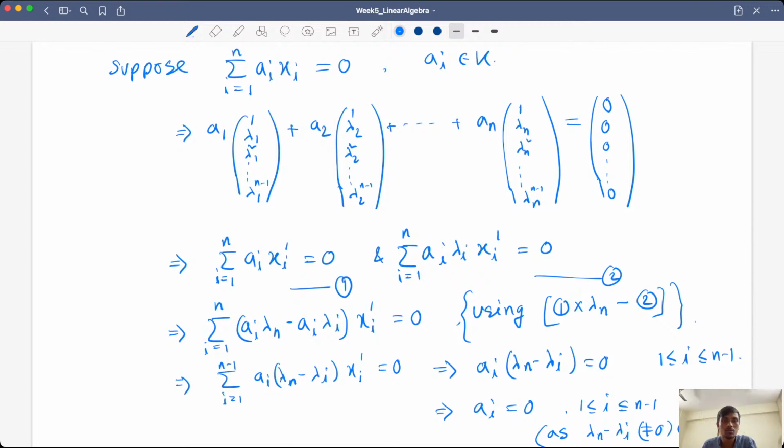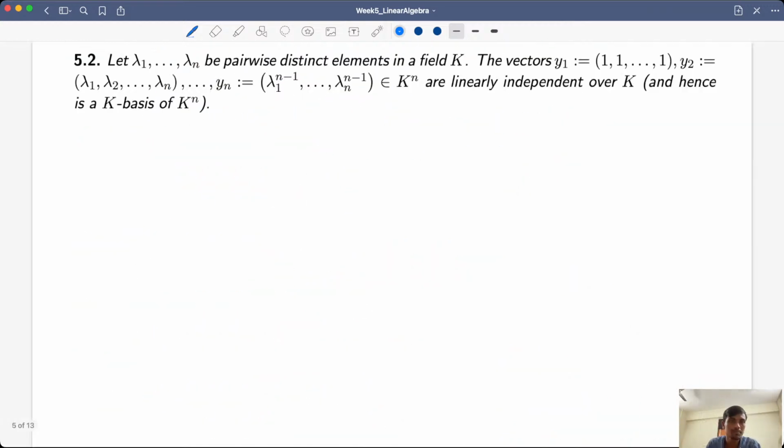So this is fine, right? Okay, so let's go to the next problem then. It is a similar problem, but a little bit easier. So again it is enough to show that these are linearly independent, and then they will form a basis of k to the power n. So again, exactly, to show that these are linearly independent, you can consider